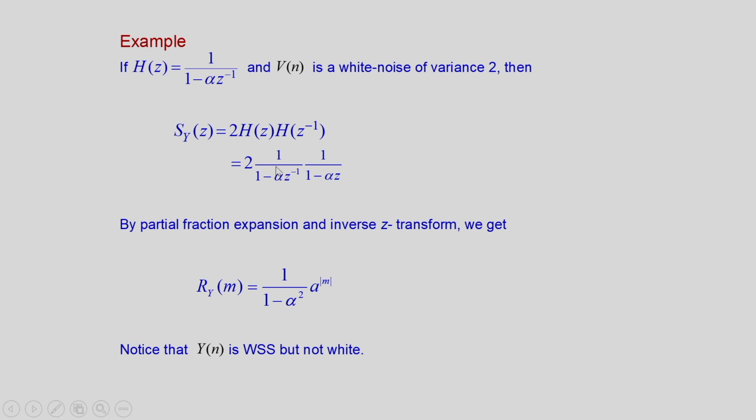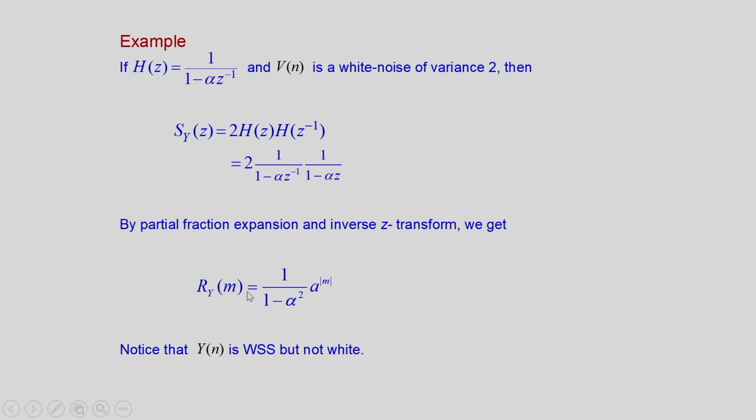So, that will be equal to 2 times 1 by 1 minus alpha z inverse, and H of z inverse will be 1 minus alpha z. So, that way this will be 2 into 1 by 1 minus alpha z inverse into 1 by 1 minus alpha z. Now, we can do the partial fraction expansion and find the corresponding inverse Z transform to get